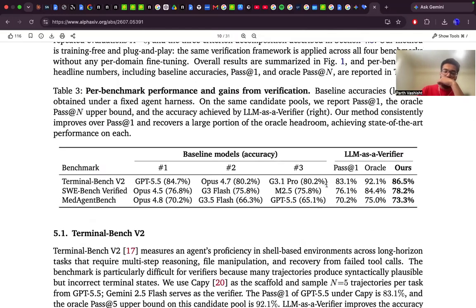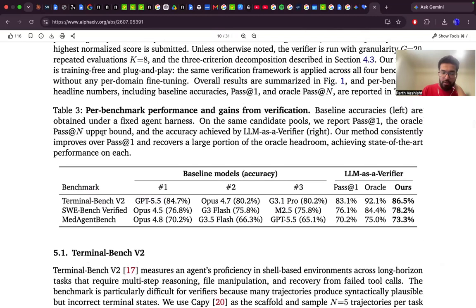So they basically report performance gains over SWE-bench. They measured 4.5, G3, and 2.5. For the other bench they also do the same thing. Baseline accuracy, Oracle. Our method consistently improves pass at one and recovers a large portion of the Oracle headroom, achieving state of the art. So see, even Oracle at 75 and they got to 73.3. But the improvement is not super great when compared to pass at one. So they have 76.8%, they have 78.2, 75.8, 75. Improvement is there, but